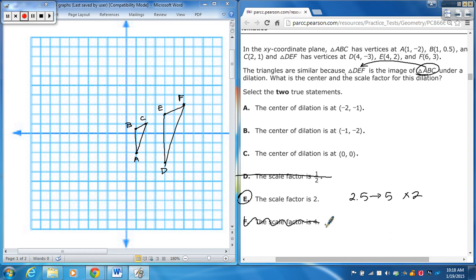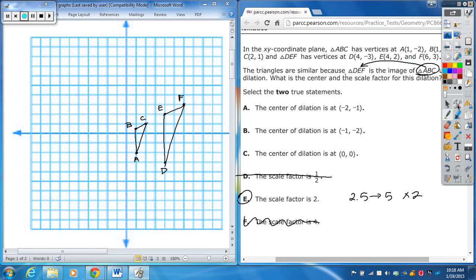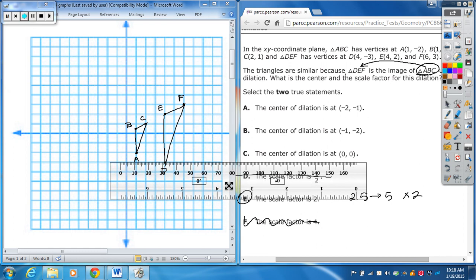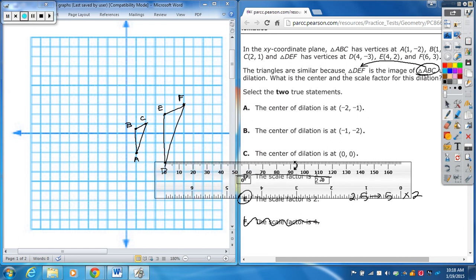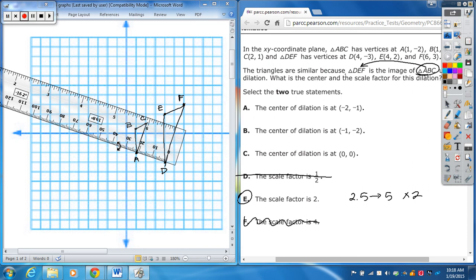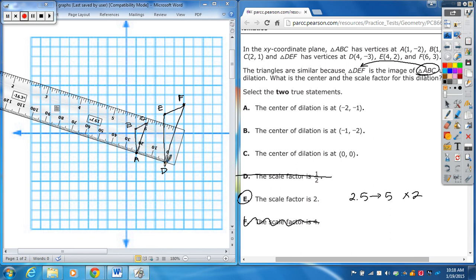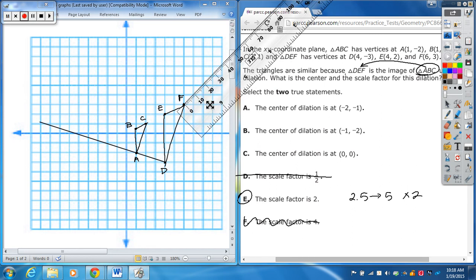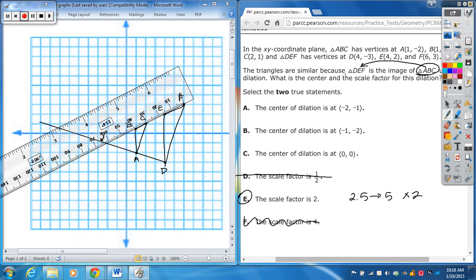Now the center of dilation, I think the easiest way to find it, and again, I think that you guys should be given a ruler or something to guide you in this, but you want to go ahead and connect the 2 points that you were given the graph, the corresponding points. And if I go ahead and do that, right there is 1. If I go over here and do this one, again, I'm trying to connect the 2 points right on where they're at. So if I go here, connecting F to C,